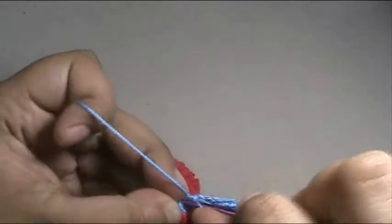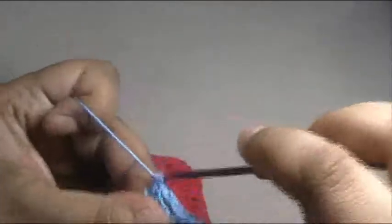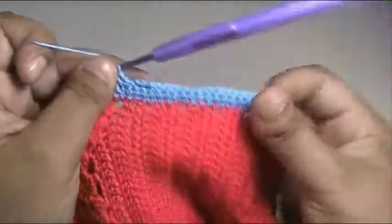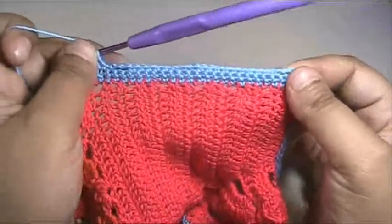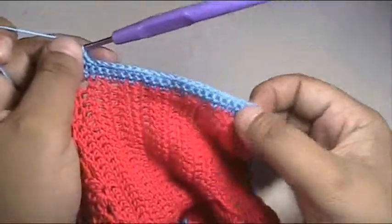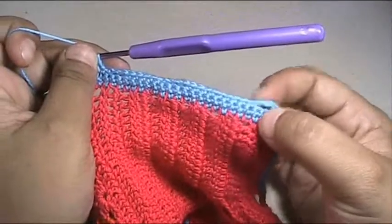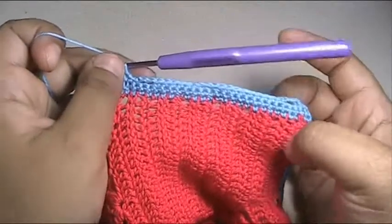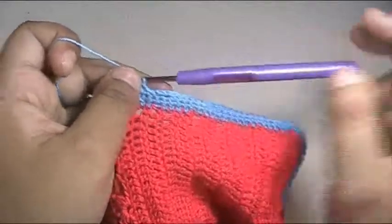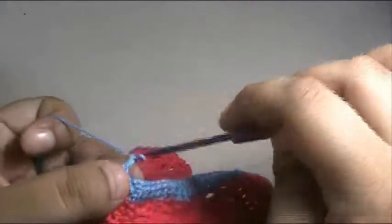this is actually the chain stitch. Make a single crochet inside it, and now I formed the holes of the dress. You can make more chains if the button is bigger. You can make 4 chains or more than 4. Then chain 1, turn the work again